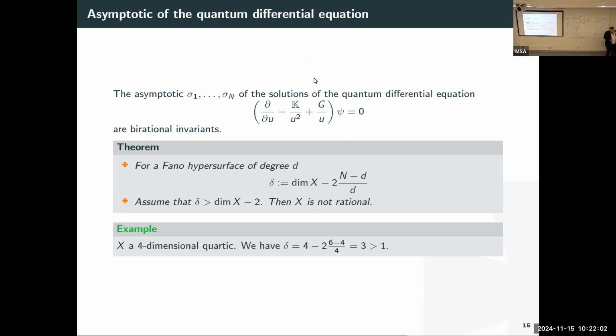You could milk much more information from this quantum differential equation, and that is to look deeper at it, not only at the solutions, but at their asymptotics as well. And that corresponds to a mirror symmetry statement, which I was discussing, but will appear in the joint work with Uru and Kontsevich, that